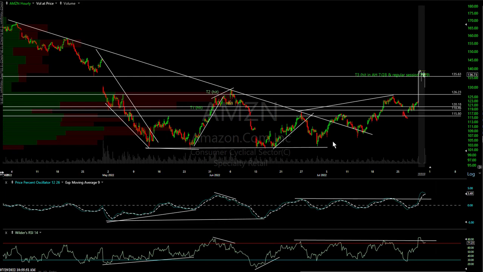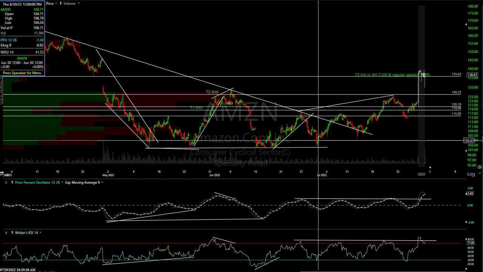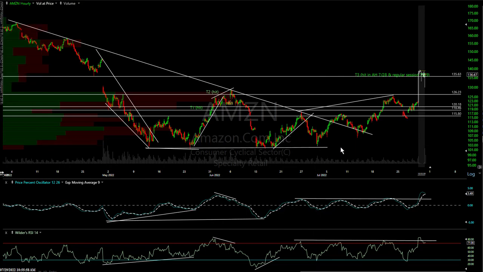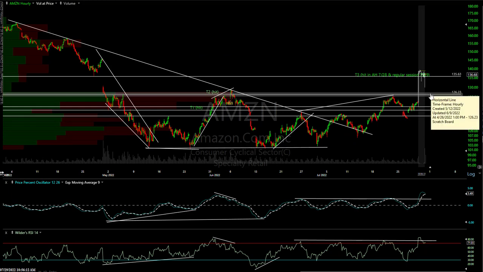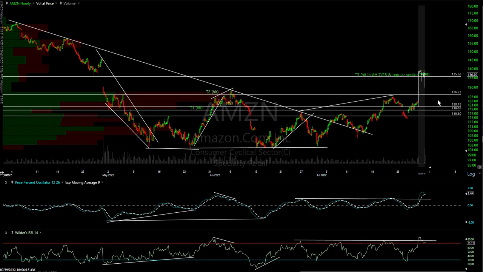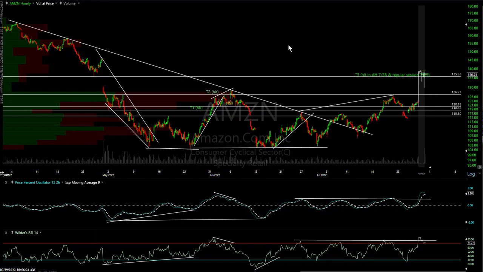Yeah, 30% run in a matter of just, really, since the last time it touched that low was only back here, June 29th. So how much farther is a $1.2 trillion company going to go? Is it going to really build another 30% in the next 6 weeks? No, probably not. Again, profit taking, where to? Back here, back to T2. That was my second target, 126-ish, we'll call it 130 maybe, that reaction high, somewhere in there. There's a gap. You could target a backfill of that gap, whatever you want.